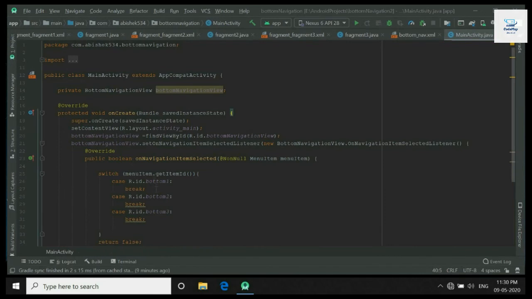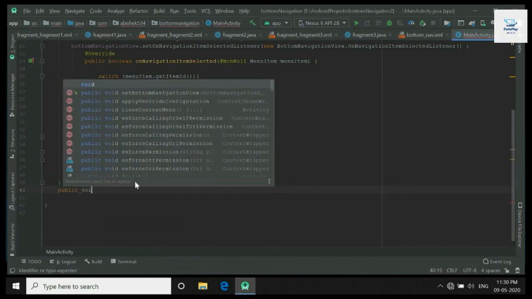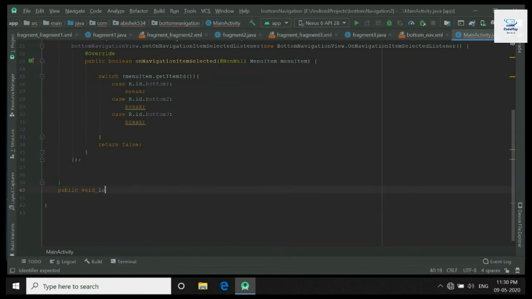Now we will create a method load fragment, which we will use to load the fragment into the container. This method will take fragment as the argument.